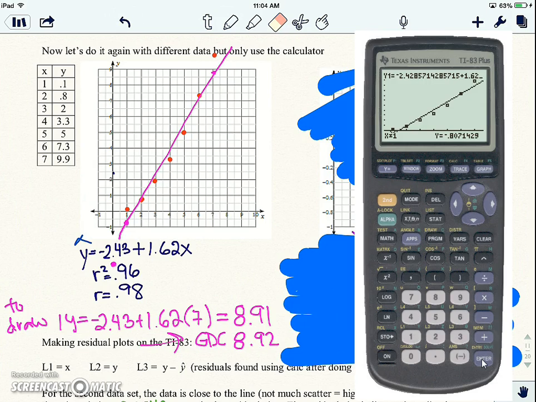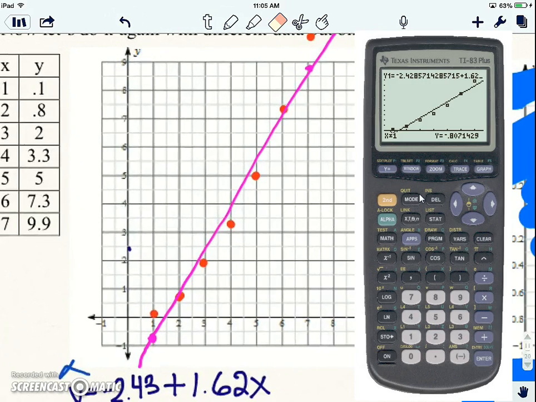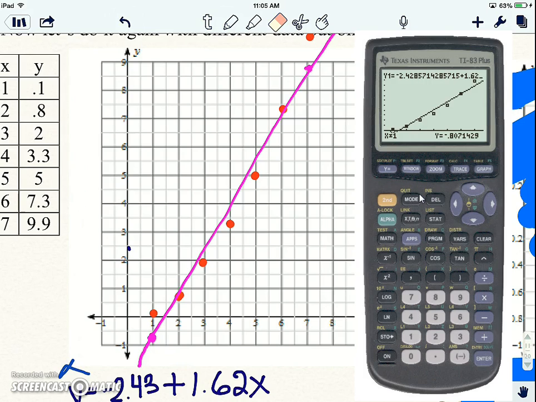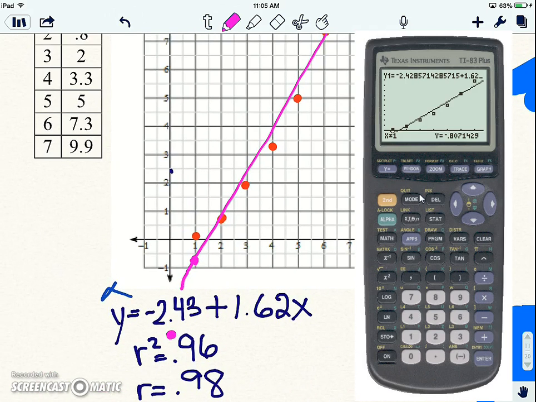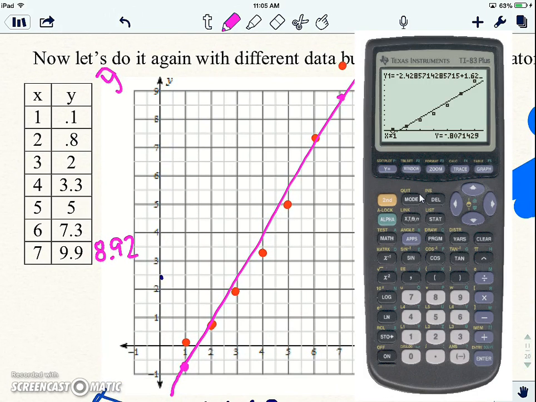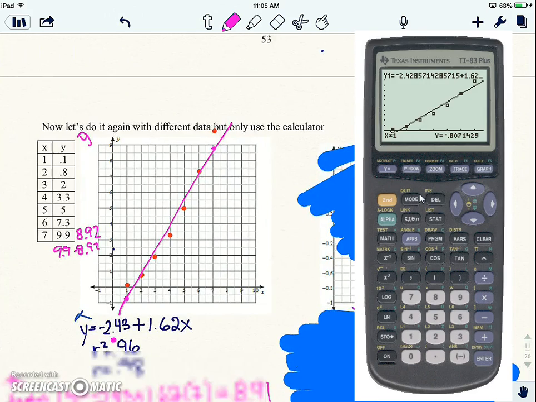All right, so now using the line of best fit, we're able to get the residuals. If we were to think about it, we plugged in a 7. My y hat value would have been 8.91 or 8.92 based off of the calculator. And then we could subtract 9.9 minus 8.92. Nobody wants to do that by hand. So instead,